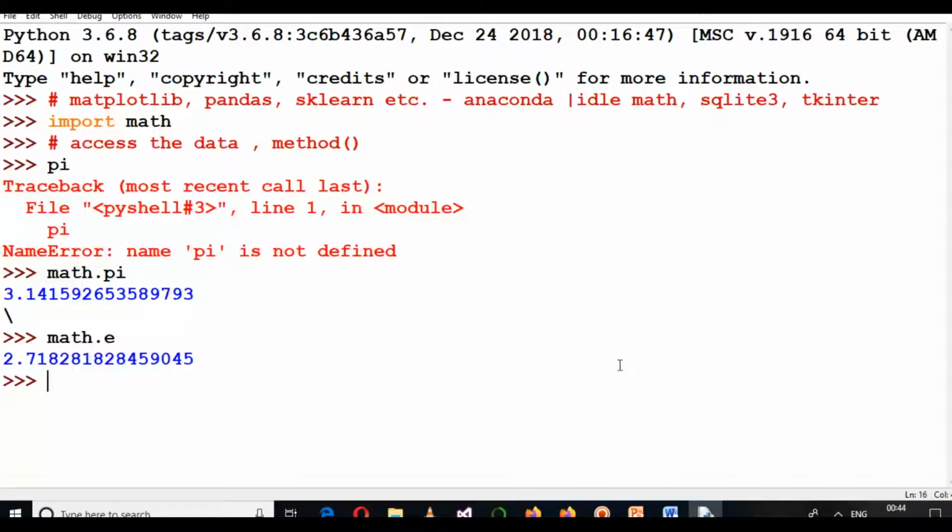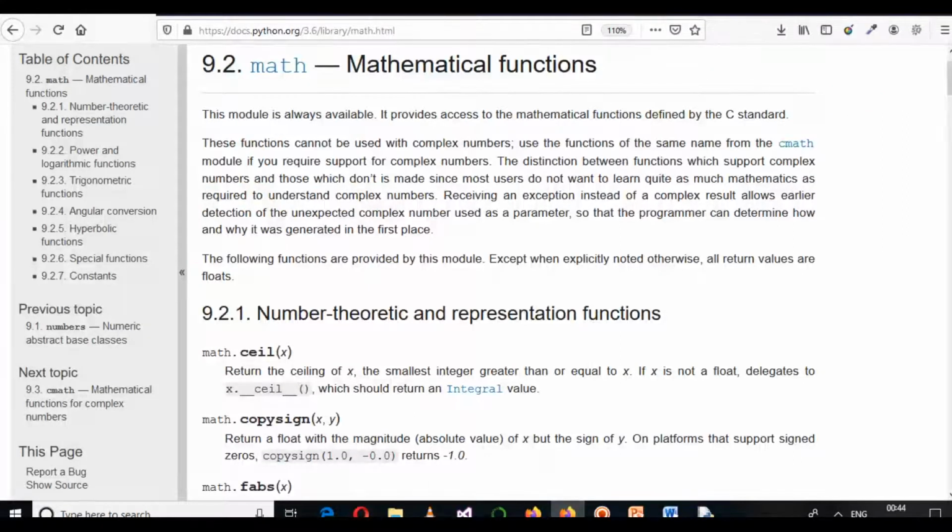So python.org has official documentation on its website, from where you can go to the mathematical functions page, and from there you can download or save this particular file, or you can view it online as well.